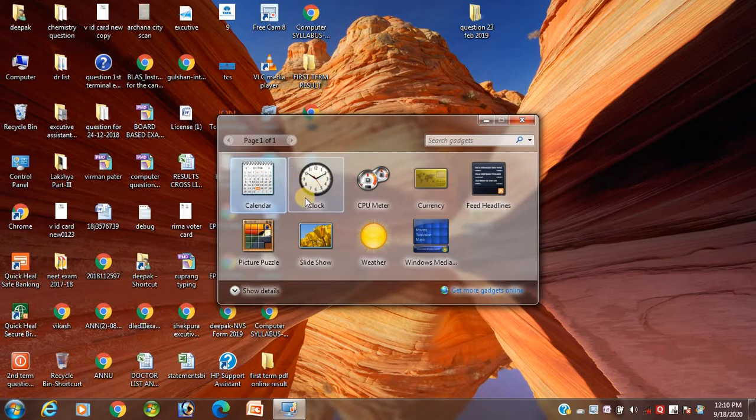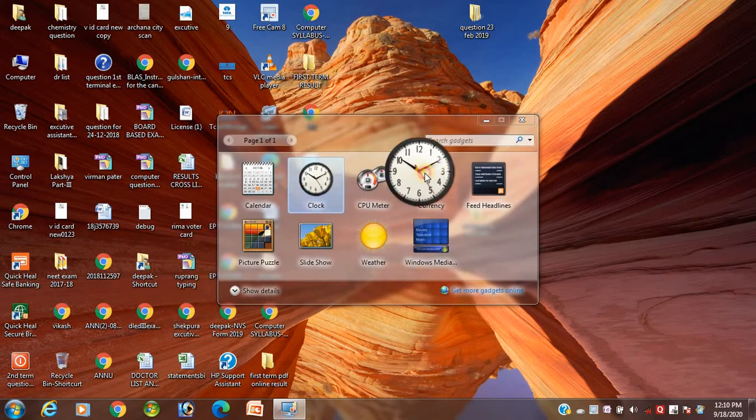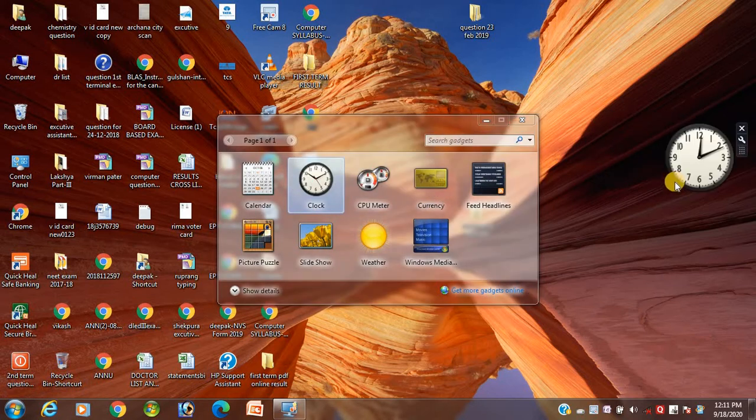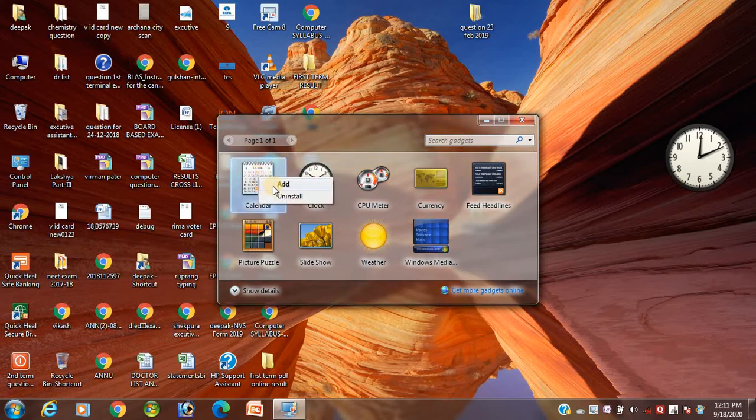If you want to place a small program from the gadgets on the desktop, you can do it. Student, you just select that one and drag it onto the desktop. Or you can also right click and add.